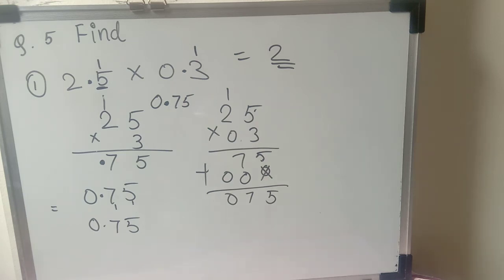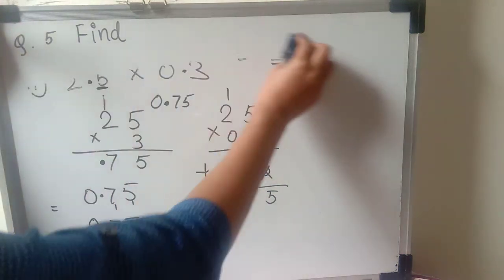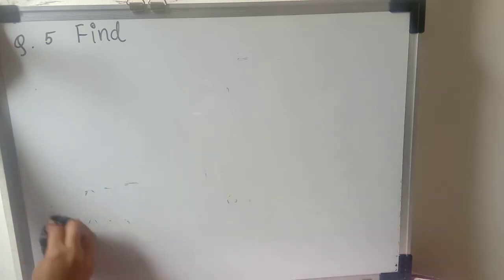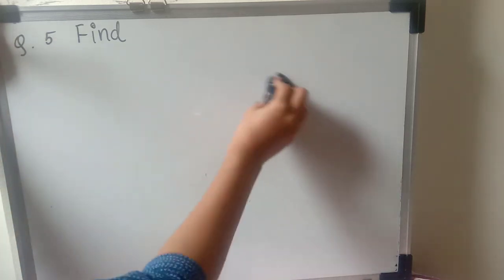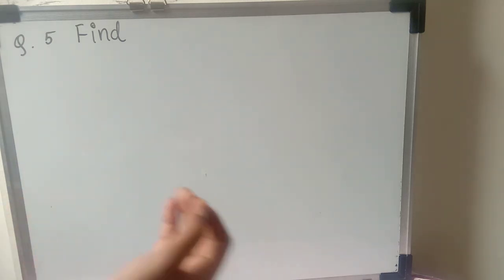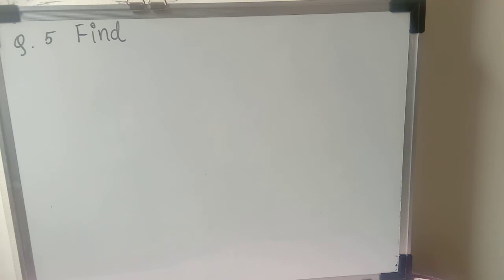Okay, now let's see the second example. Now I am going to solve the eighth example directly, okay, and the rest of the examples you have to solve. So what you have to do is, as a whole number you just multiply them, and when you have to put the decimal, you just count the places after the decimal in both decimal numbers, add that much, and then count the numbers from the right side of the answer and then put the decimal. I hope you are understanding what I am trying to say.